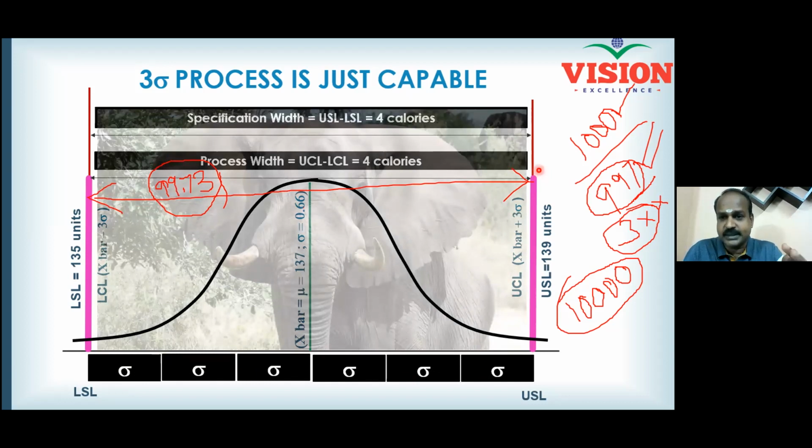An elephant process, or a 3 sigma process, has a capability of 99.73. Use the capability only for the short term, because in the long term, demand can increase. If you run the process over a longer period of time, automatically the wear and tear and a lot of changes will happen in your company, which will pull down your capability. So whatever you are seeing right now, 99.73, is only applicable for the short term. So we call it only short term capability and not a long term capability.